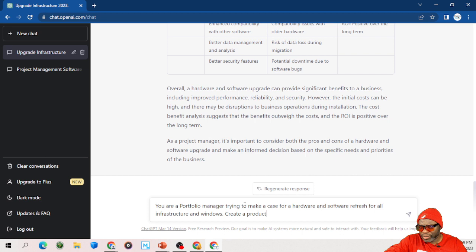Create a product backlog for this endeavor,